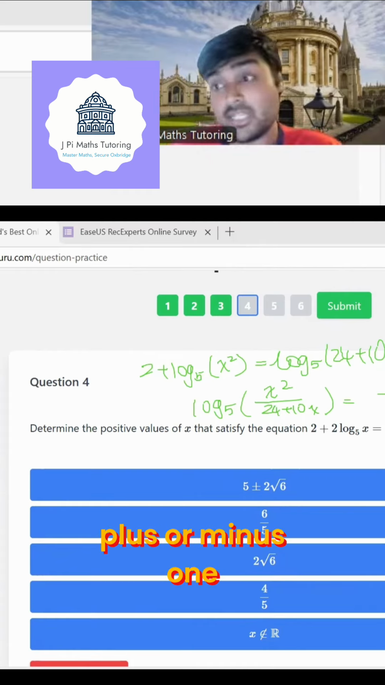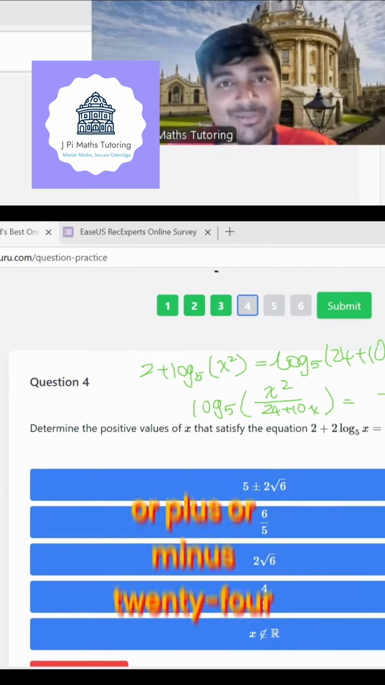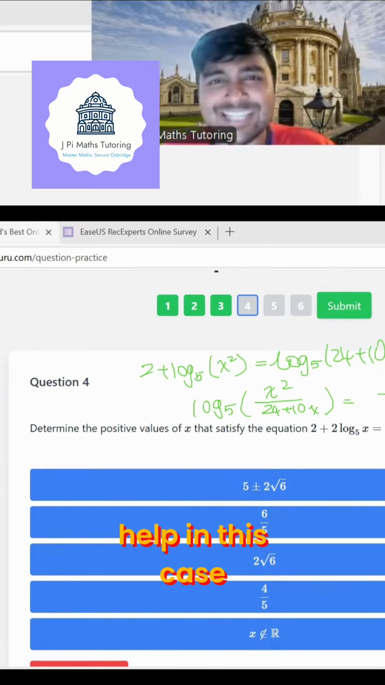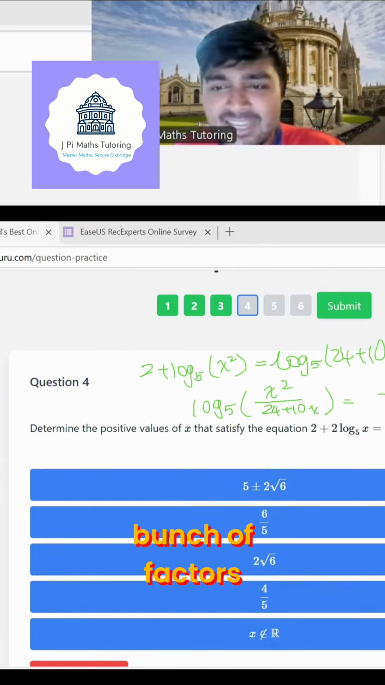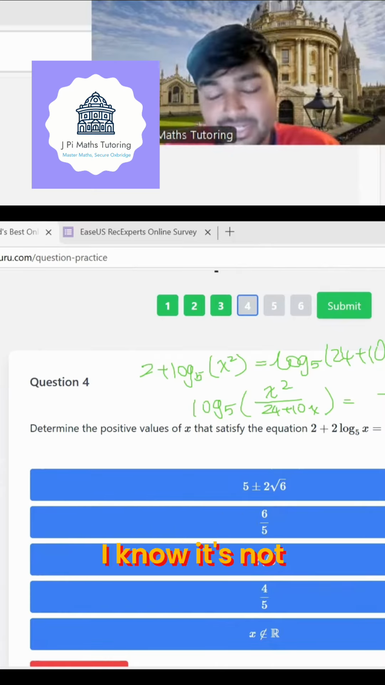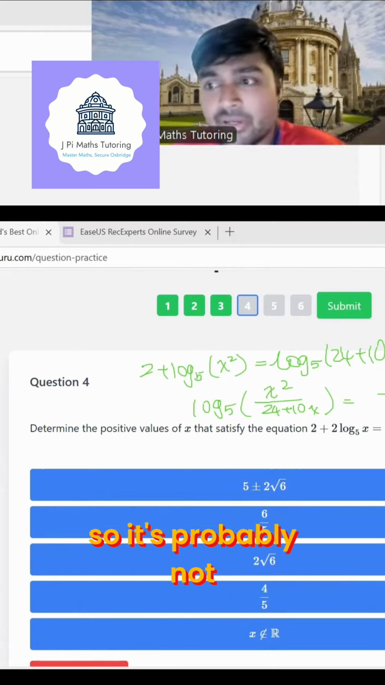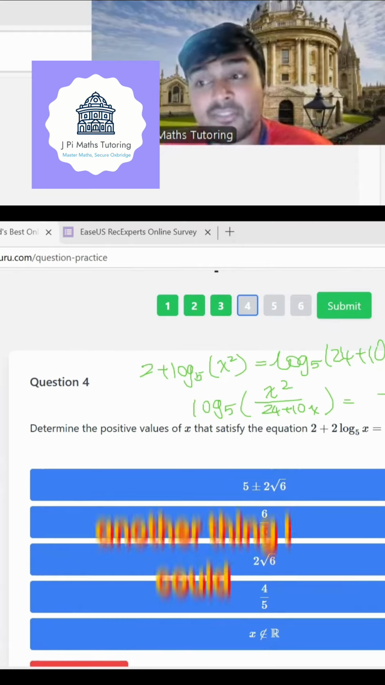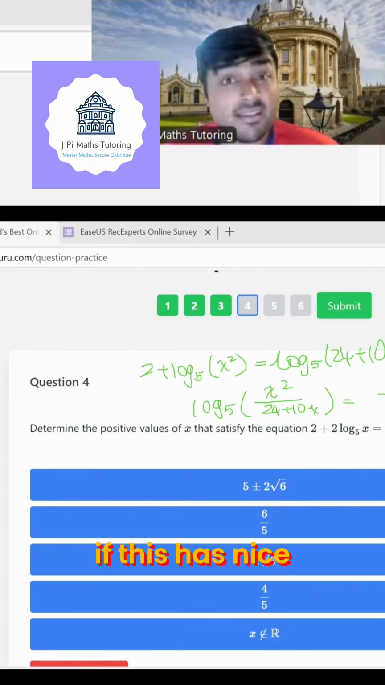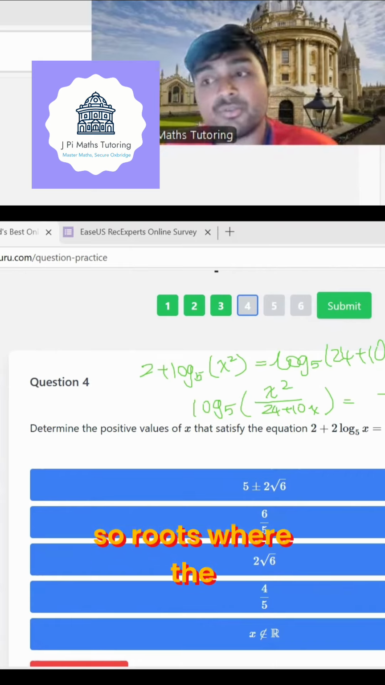So that could be plus or minus 1, plus or minus 2, plus or minus 3, plus or minus 4, plus or minus 6, plus or minus 8, plus or minus 12, or plus or minus 24. So it doesn't really help in this case that the 24 has a bunch of factors. But also looking at the solutions here, I know it's not going to have any integer roots, so it's probably not worth doing that. Another thing I could do, if I want to know if this has nice rational roots,